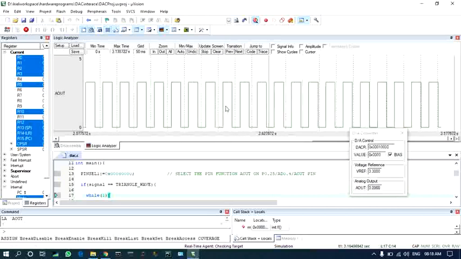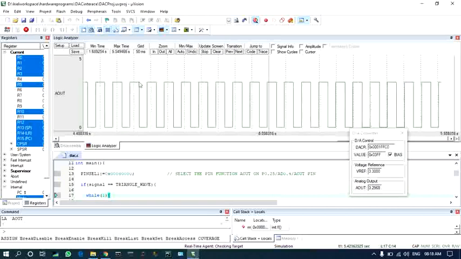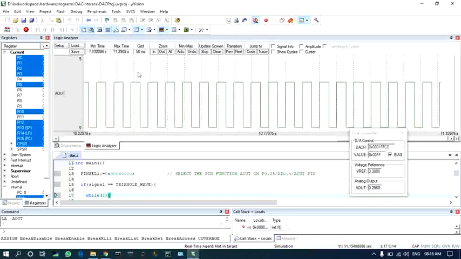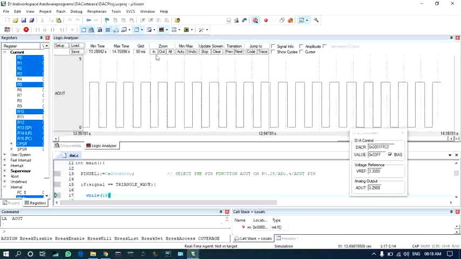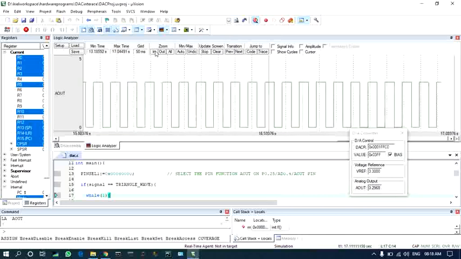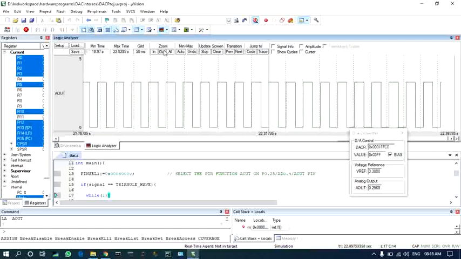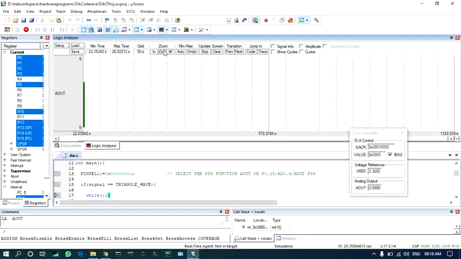You can see a square wave is generated because the signal is set to 0. Sometimes if you are not getting this wave, initially you may get it like this, so use zoom in and zoom out to display the wave accordingly.